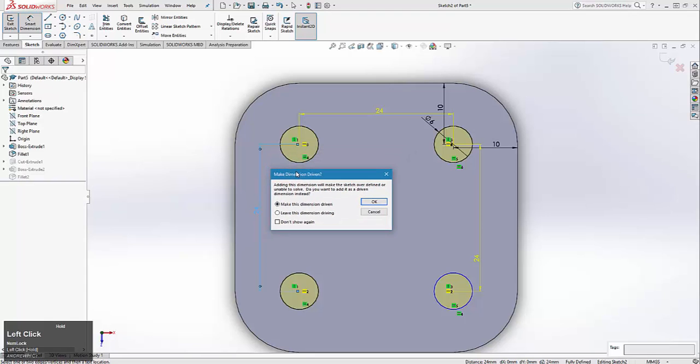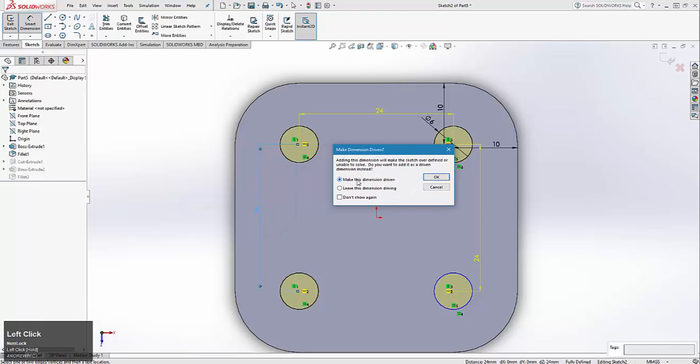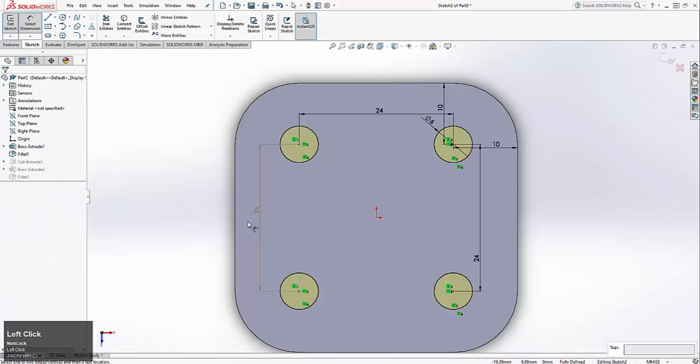So what this means is, if you say make this dimension driven, you're not going to be able to change the value. Any other values you change around will update this one, so you can still see what it is if you want to know, but you're not going to be able to directly influence the other ones. And then it'll turn gray, like that, and it'll change accordingly. Or,